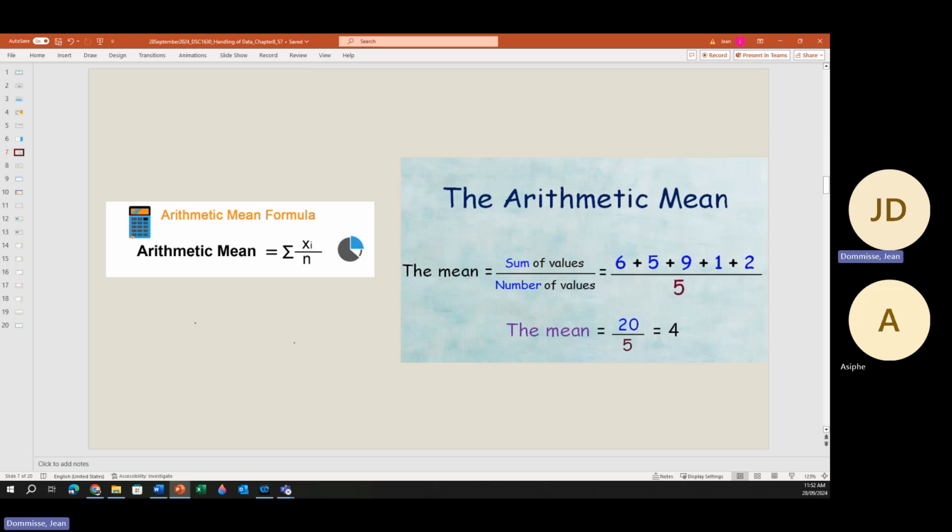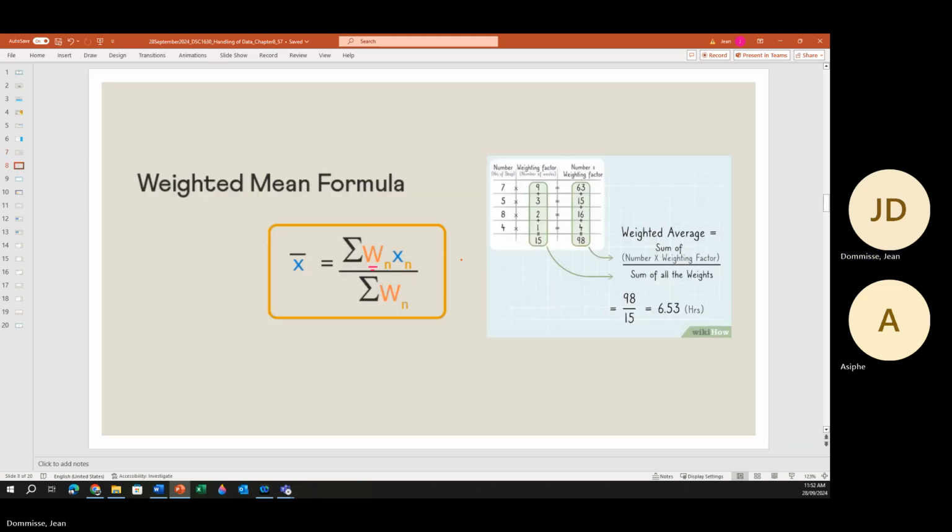So that we work out the mean. So the mean is basically the same as working out the average. So we take the sum of the numbers, divide by how many numbers there are. So I will show that when I look at Excel. Then if they ask about the weighted mean, one can work that out as well, but they need to